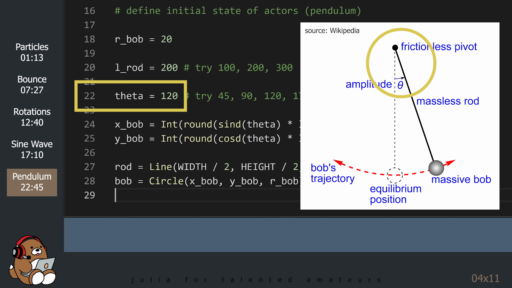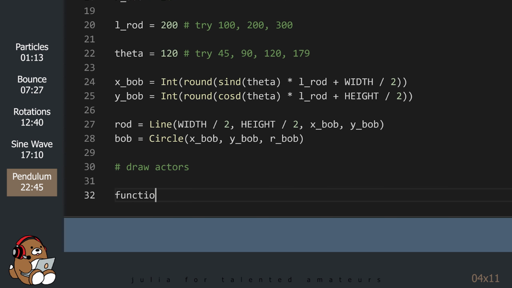With the pendulum, the angle theta is the angle that is counterclockwise from the vertical axis, which is the resting angle for a pendulum at equilibrium. Next, we draw all of the actors.